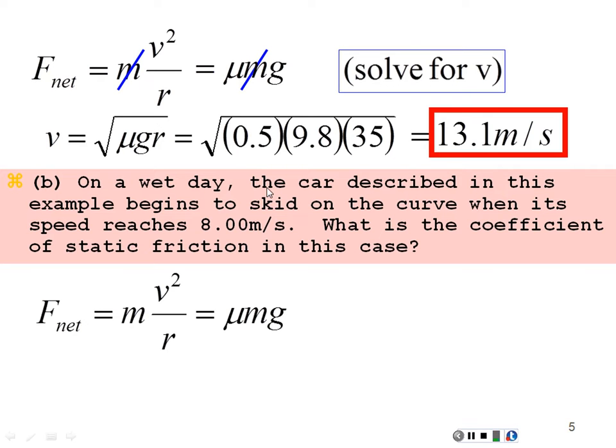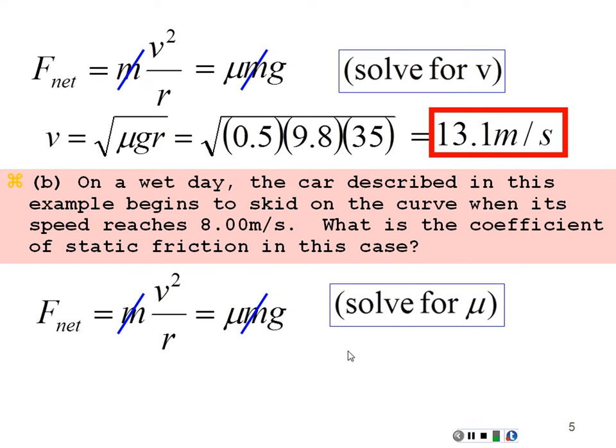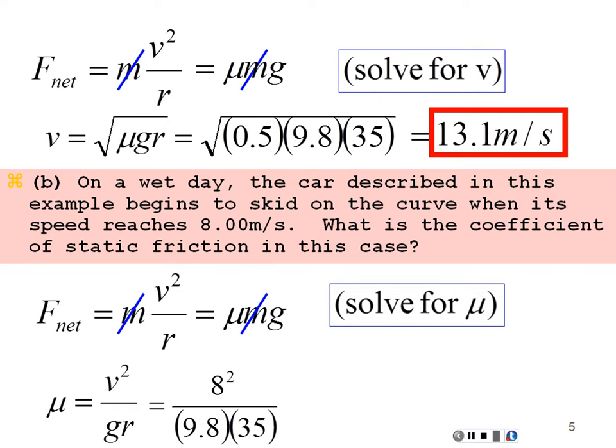So we still have our centripetal force supplied by static friction, only in this case our mu is going to be smaller, and we want to solve for that. Get rid of the mass on both sides, divide by g, so we can solve for mu. So mu is going to be equal to velocity squared divided by g divided by r. That's going to be 8 meters per second squared divided by 9.8 divided by 35 meters,